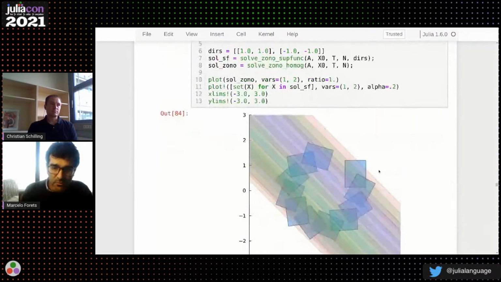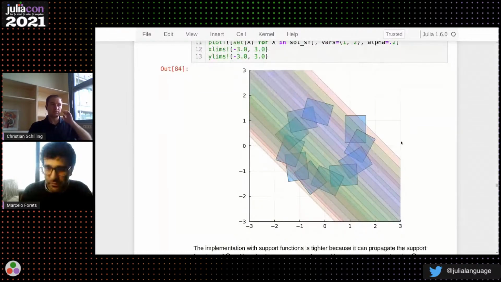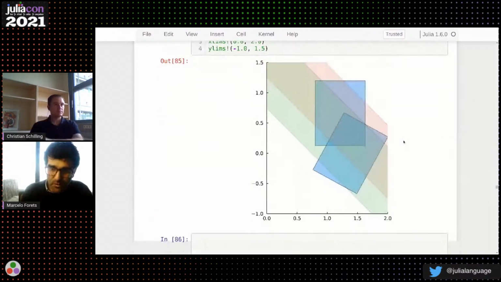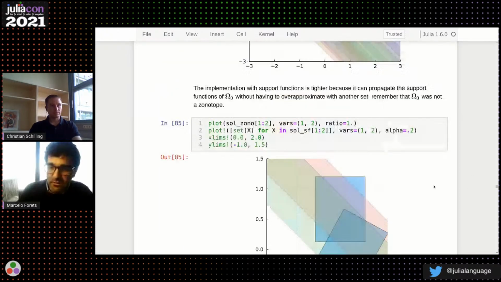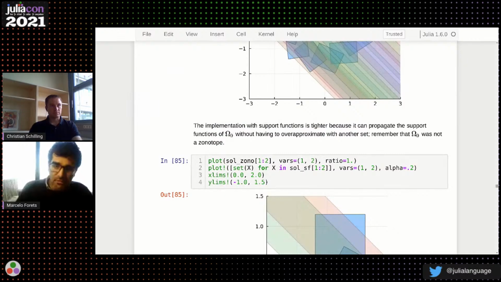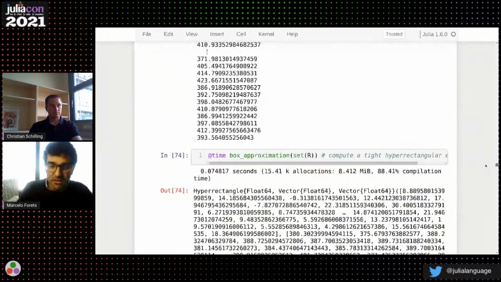Okay, so the idea is the following. Remember that we have a way to propagate different sets using some objects that are zonotopes, in fact. That is fine, but sometimes it is not general enough. So sometimes, if you look carefully at our result when we were doing this conservative time discretization, if you remember,